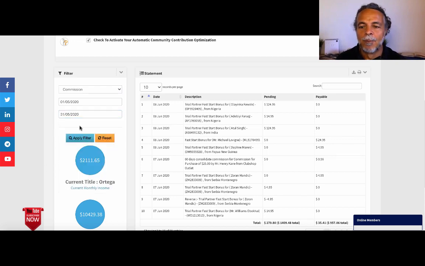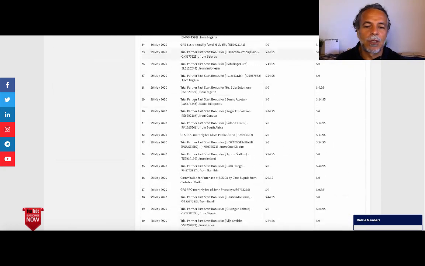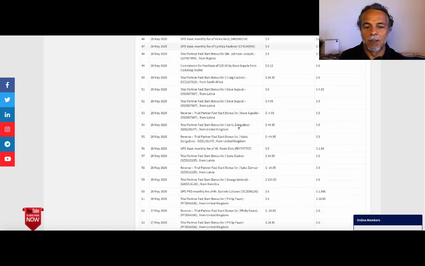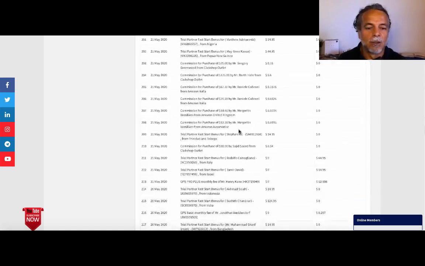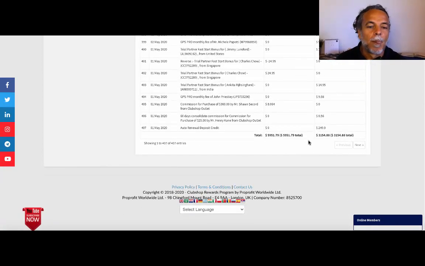You select, and then you click Apply Filter. Here it shows you 10 records, but you want to see everything, otherwise it doesn't show the right balance here. So you select all, and you have all the transactions, all the commissions produced in the month of May, pending and payable. And you know that what you see here for May 31st is what is going to be paid